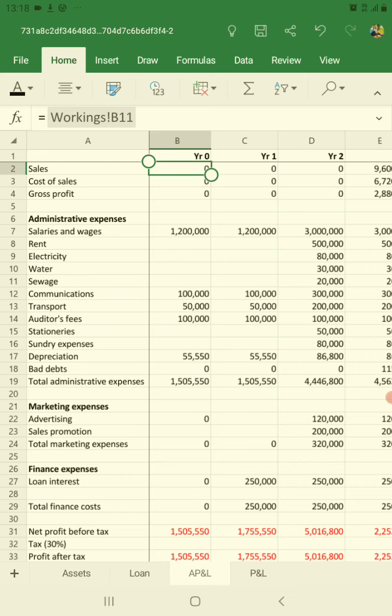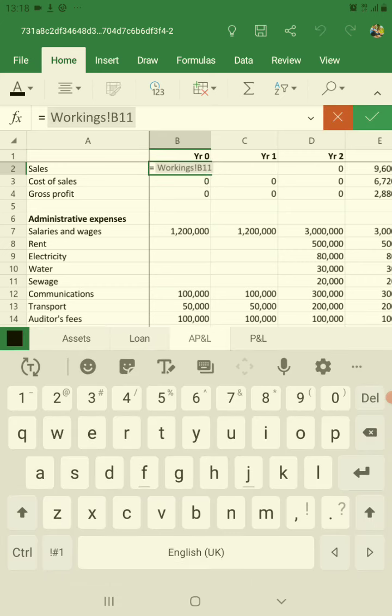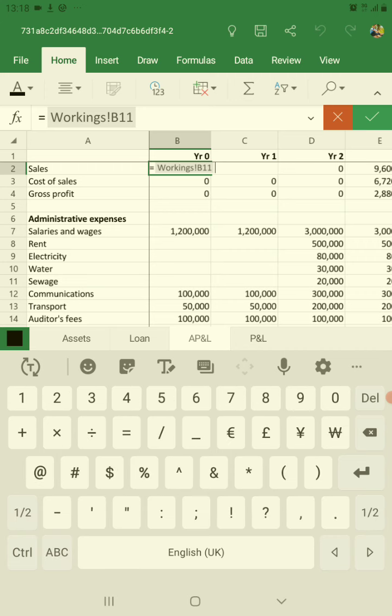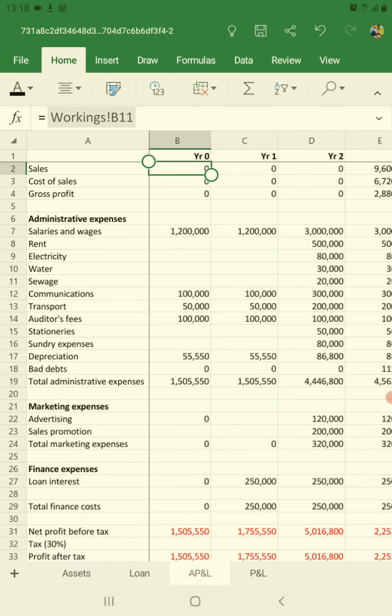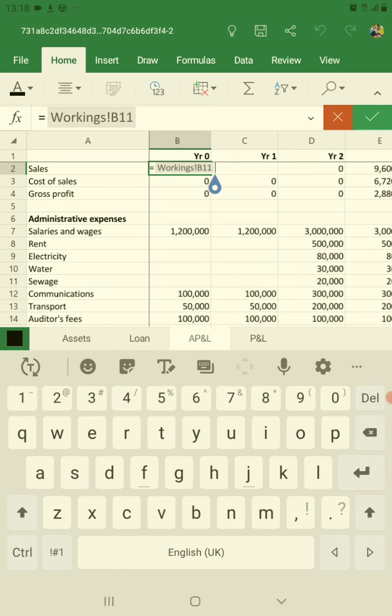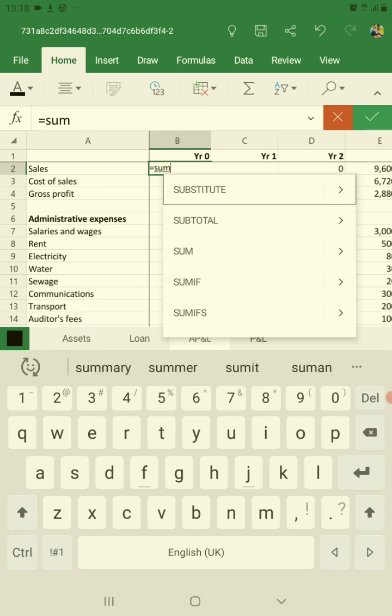Let me double tap here to open the typing pad. Let me remove what is typed there first. So I start with equal sign and then write sum, and then